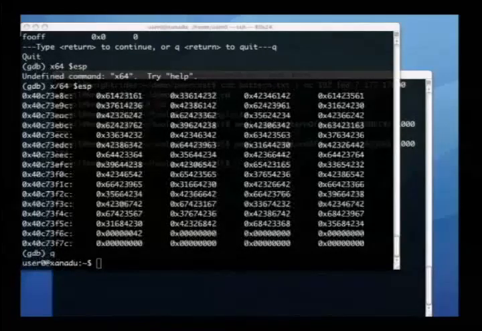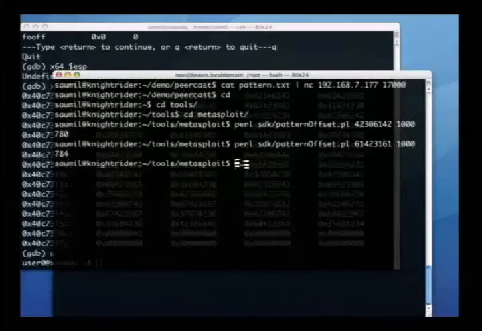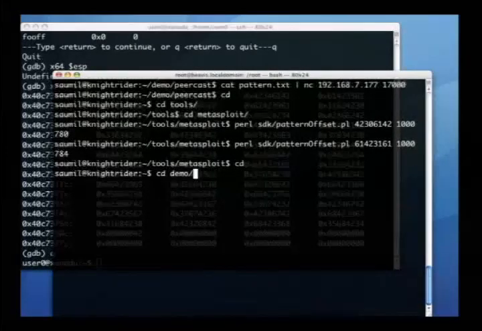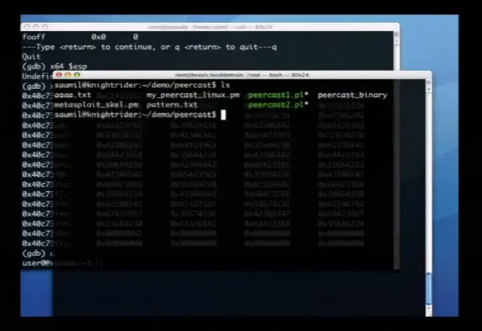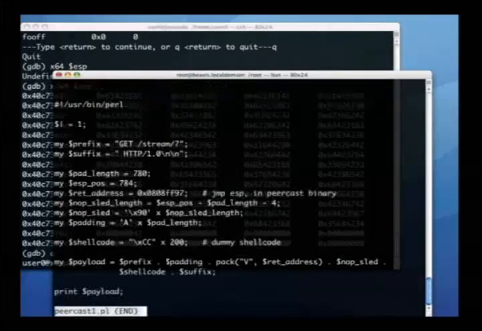Let me walk you through a couple of files that I have. So come back to demo peercast. There's sample code that I've written called peercast1.pl, which pretty much creates the exploit. It basically assembles a GET request, the kind which causes peercast to blow up. Then you have a pad of 780 bytes. Then you